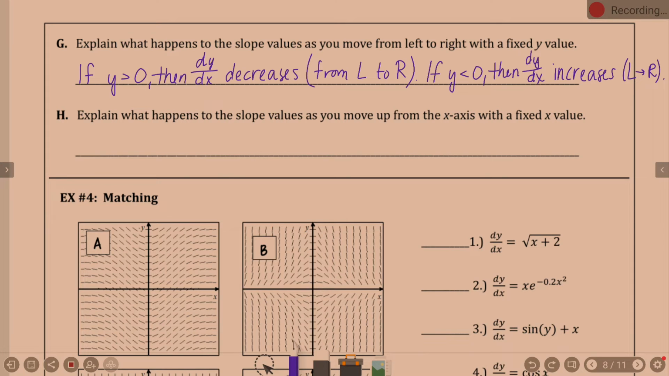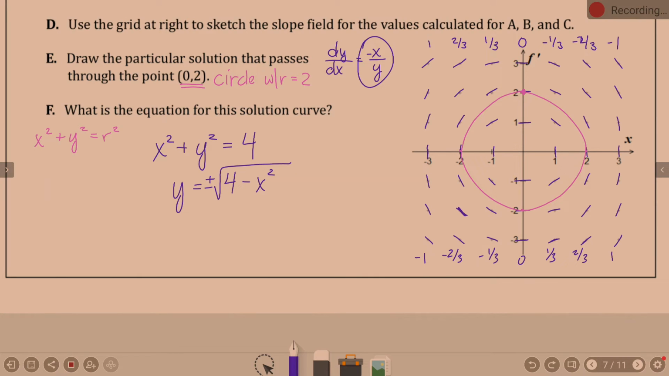Okay, start looking at the next one. Explain what happens to the slope values as you move up from the x-axis with a fixed x value. So that means we're only looking at the top half, right? So ignore the bottom half. What's happening as we are moving up? Here I've got 1, 2, 3 in these slopes, yes? Over here I've got